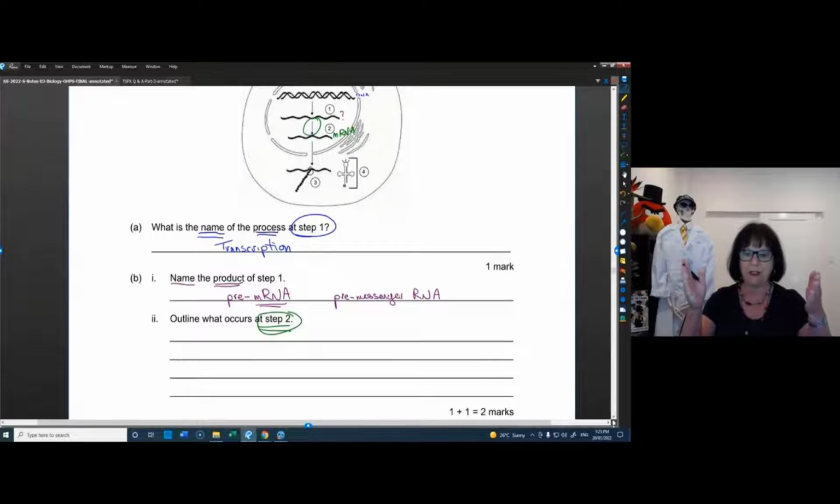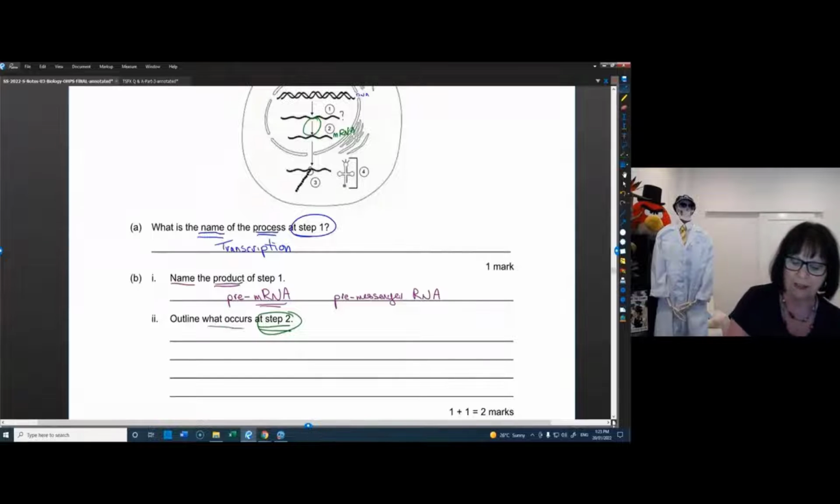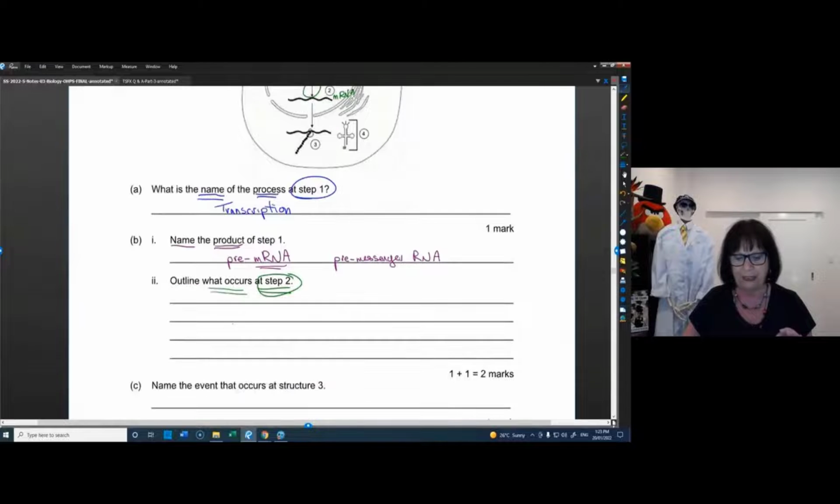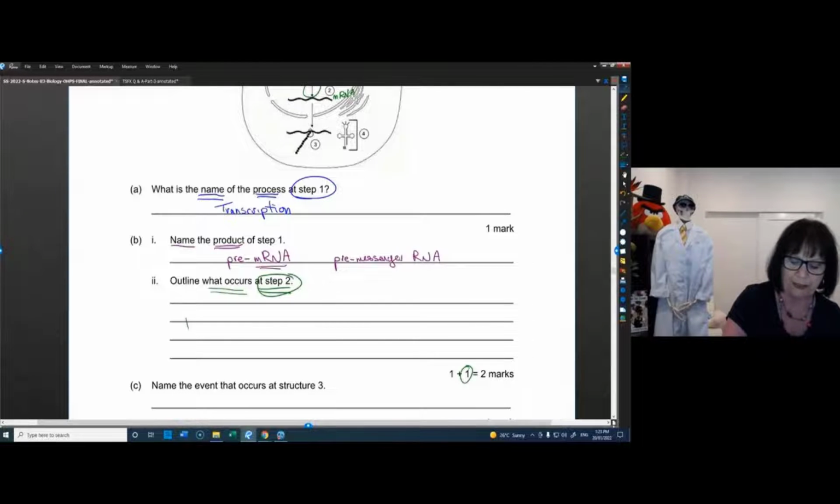And as you can see in the picture, the pre is a long single wiggle-waggle line. At the end of 2, we've got a shorter wiggle-waggle line. So something has happened to make the pre-mRNA into a shorter molecule. And we're asked just to talk about what occurs. Now, it says outline. It's going to be 1 mark worth of information, so we don't need a great big explanation. So what you would be talking about is the pre-messenger RNA